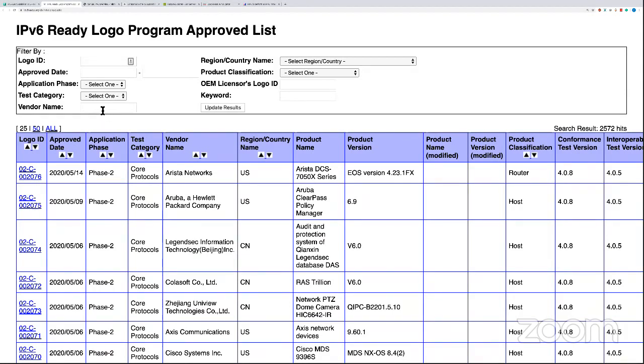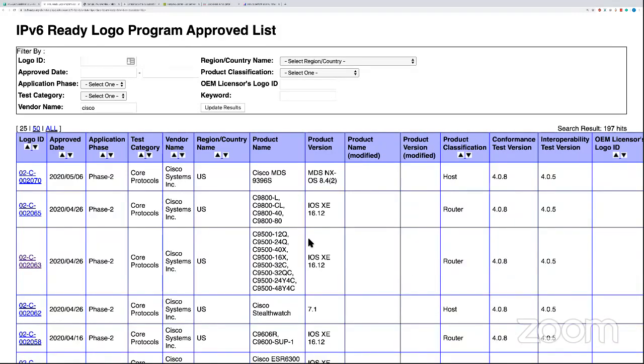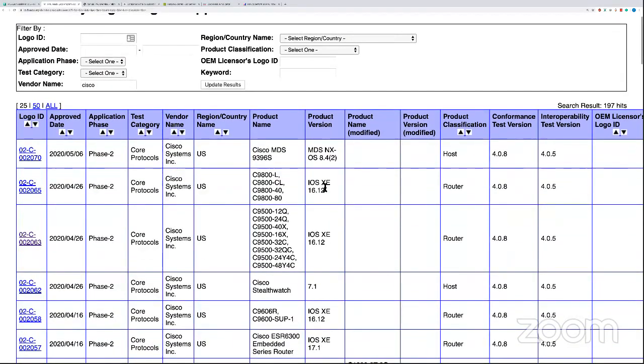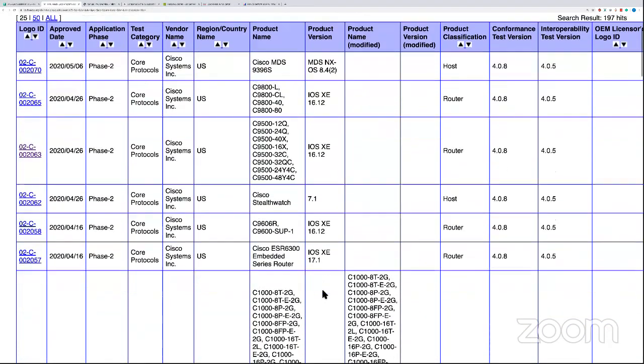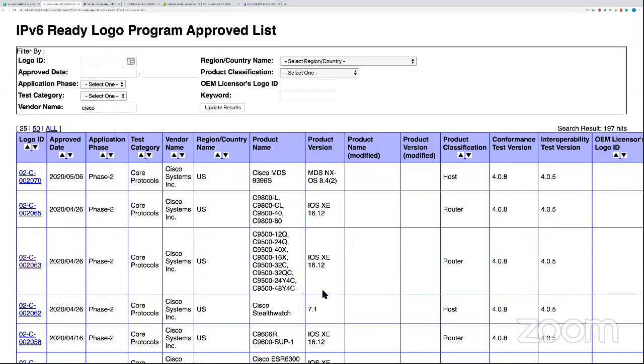So if you want to search, let's say Cisco is a vendor, then you'll be able to see all the various Cisco products, if it's IOS XE and the relevant version. And you'll definitely know that this device supports core IPv6 protocols. If you're interested to look at how they do it, maybe if you're skeptical, you can look at,